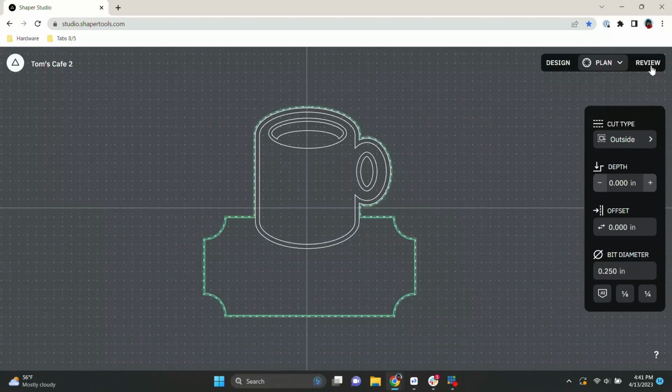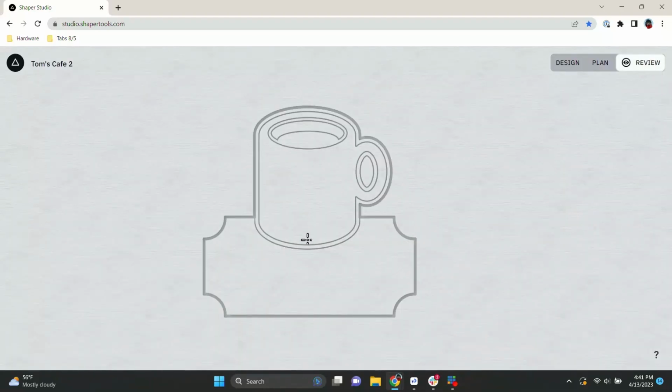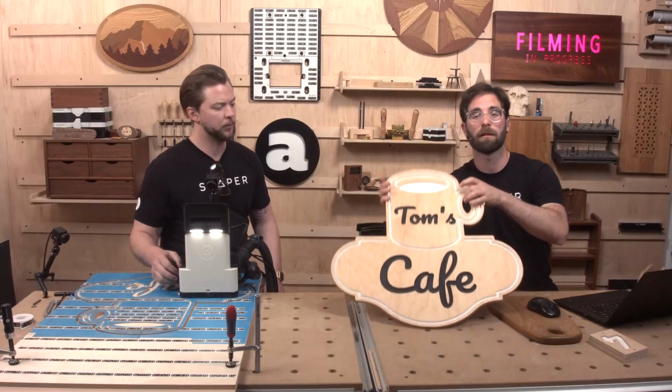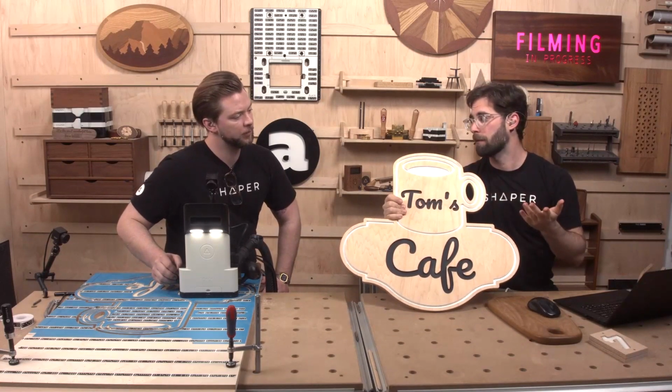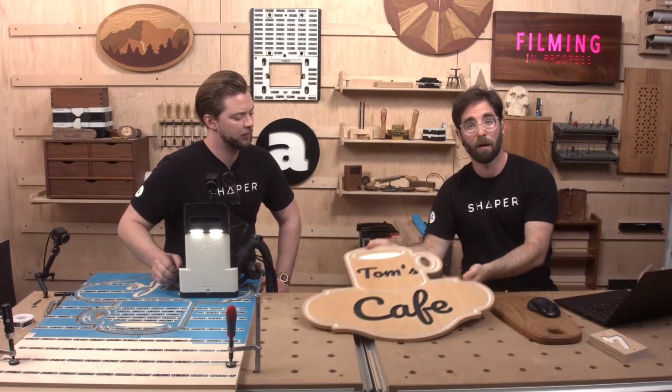That's clever. Now, review mode is really handy. We usually work from design to plan to review, but then back and forth a couple of times. Review is pretty handy because before you commit to cutting wood, it's going to show me what this sign is actually going to look like. Now you can see that in the sign that Jake and I made, let's go back to this main camera here for a big example, this entire portion here is painted white, right? Now, if we go back to the computer,